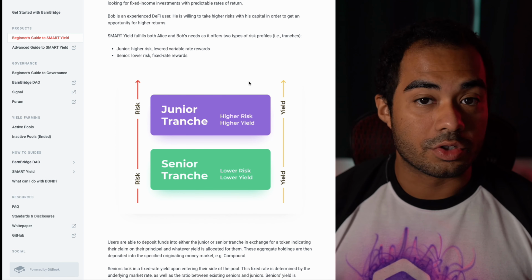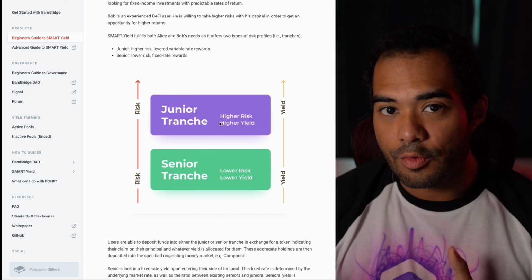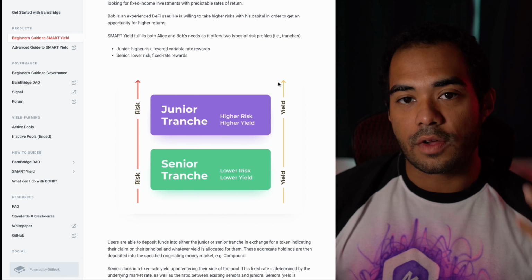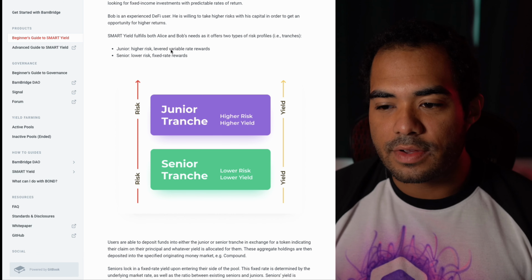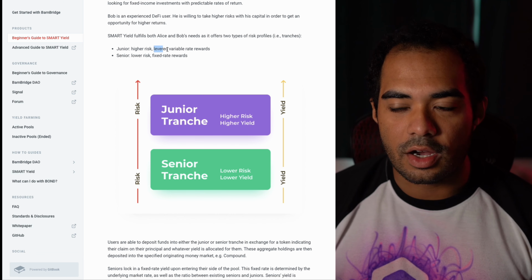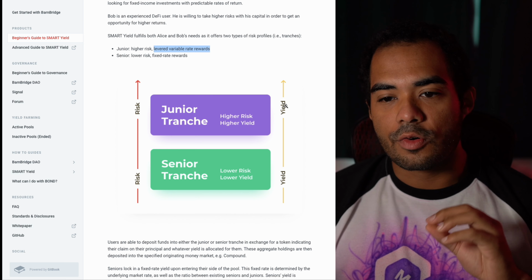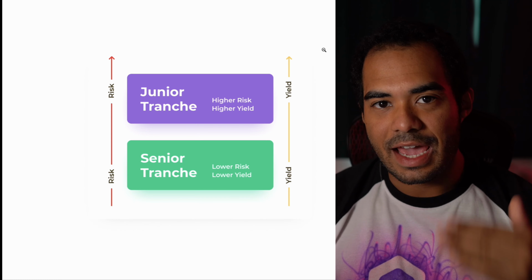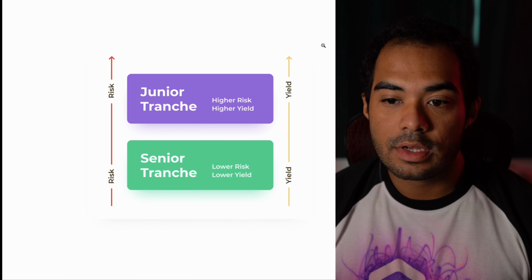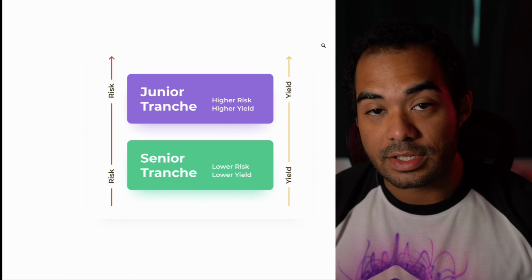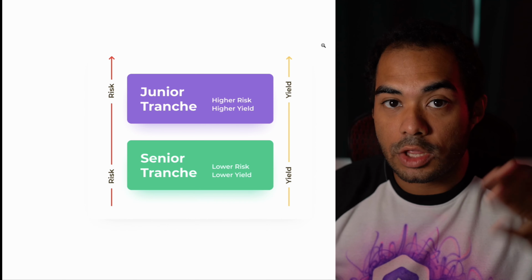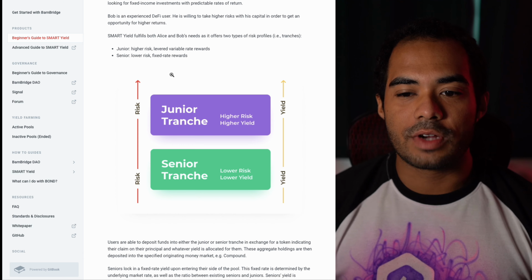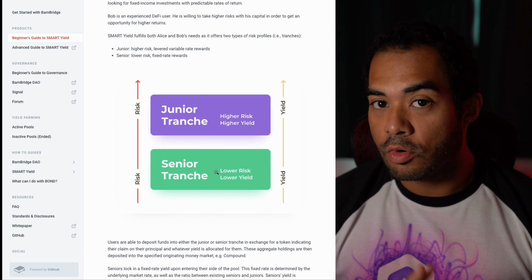Number one is a junior tranche. High risk and high reward, essentially. And of course, these have variable APRs. So you could involve yourself in one of these, and you can consider it a pool, a vault, whatever you like to call it. But the point is that you're willing to forego a steady APR, a steady return on investment, for a potentially higher risk, but of course, potentially a lower reward or higher reward. It really just depends.